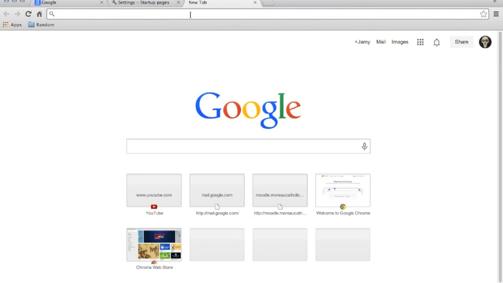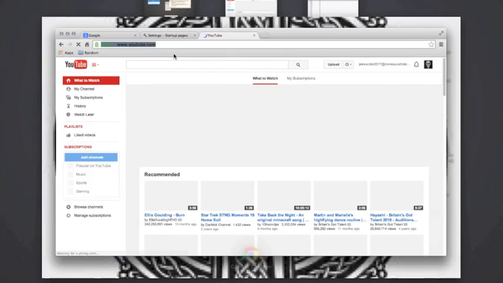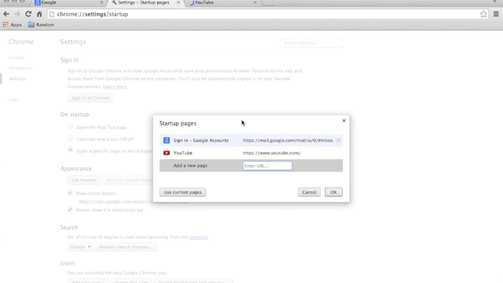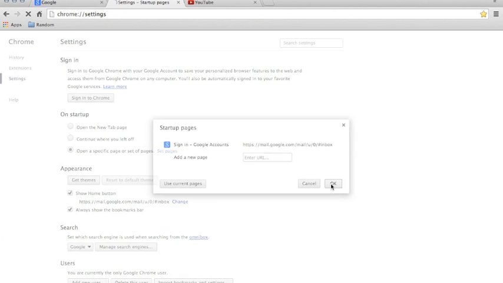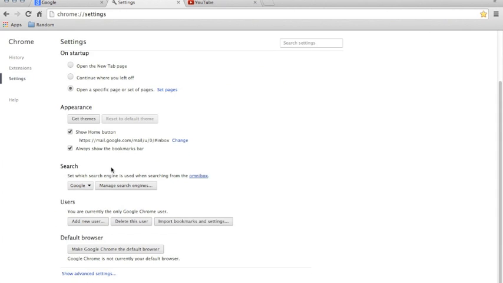So if I wanted to open YouTube, copy that link, go to this, enter that, and there you go. So when I open this, it would automatically open YouTube as well as sign into Google. Since I don't want that, I'm going to delete that. Okay. Now for appearance, I was often confused myself about how to get themes, but since I use Firefox